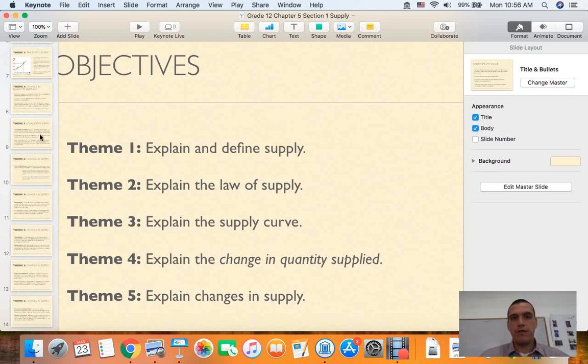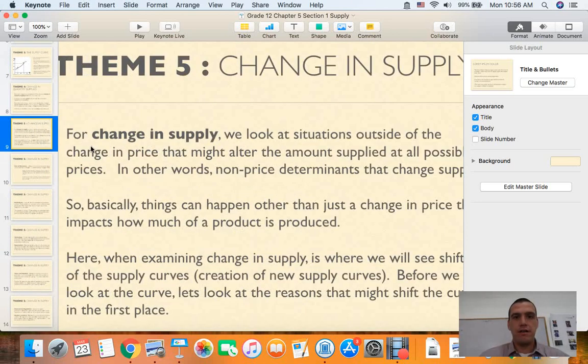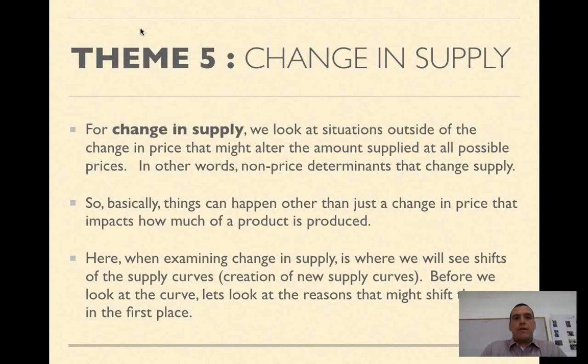So I'll have a video up there that will complement this so you can see the difference between change in quantity supplied and the change in supply visually through the graph, and you see the shifts in the curves. Okay, without further ado, we'll start discussing theme 5, and theme 5 has to do with change